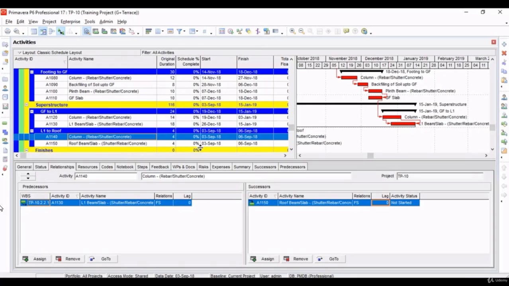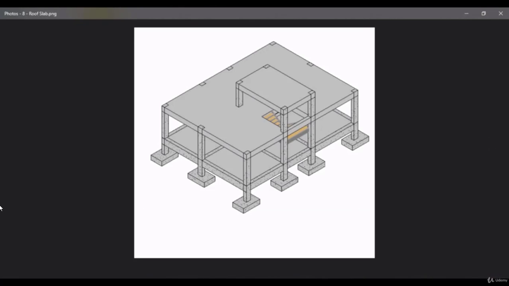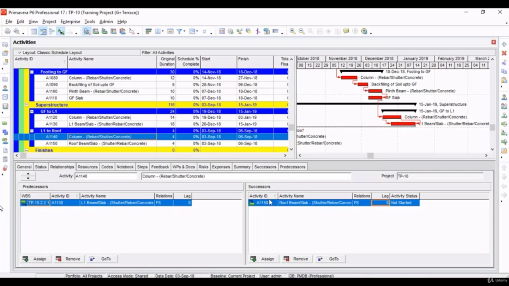If you remember, this is the headroom slab, that is the roof slab. It only has 4 columns, so it should not take 4 days, and the slab will be done in only one pour. So that is why start to start, finish to finish relationship is not required. We can just give it as finish to start relationship, because after column casting we can do the whole slab casting in one pour. If we schedule it, whole casting works takes like 8 days, that is including column and slab.